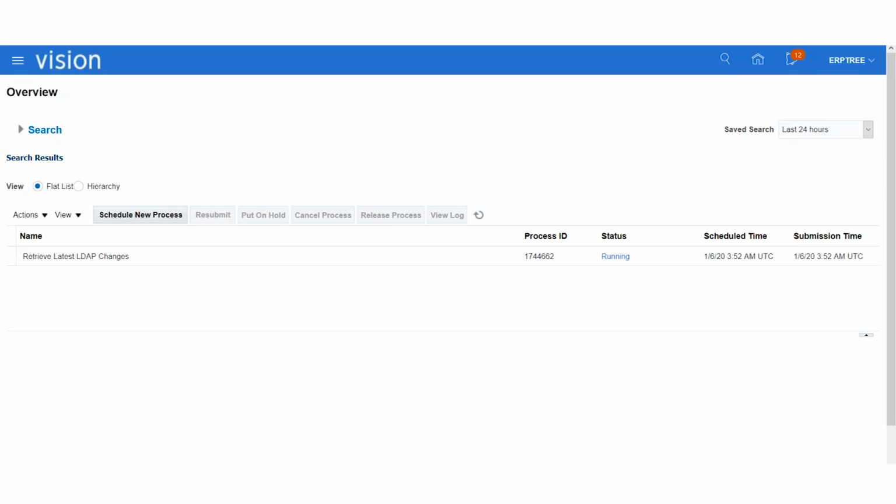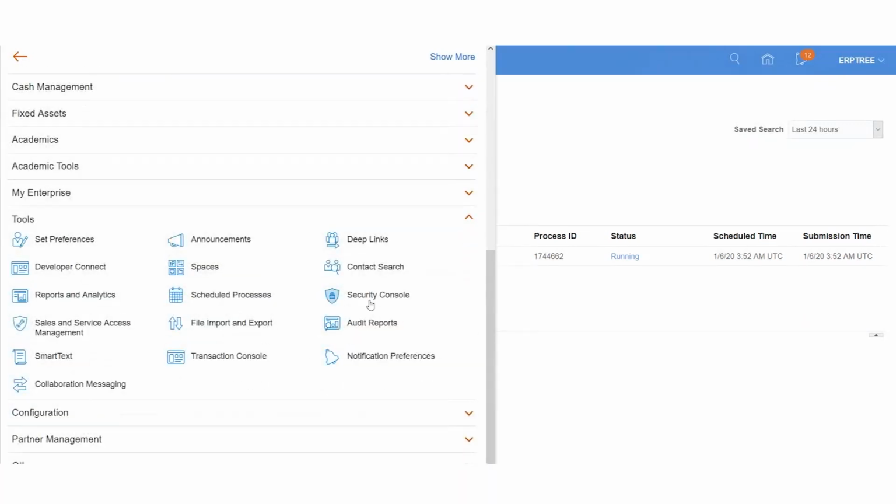The ERP user is able to access the security console, right? That means this ERP user got access through the IT security manager role. That is the reason the system is displaying security console here. If there is no IT security manager assigned to the ERP user, you don't see security console under tools.